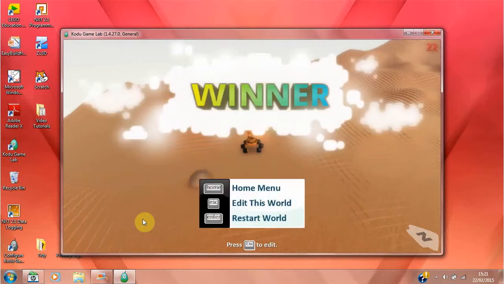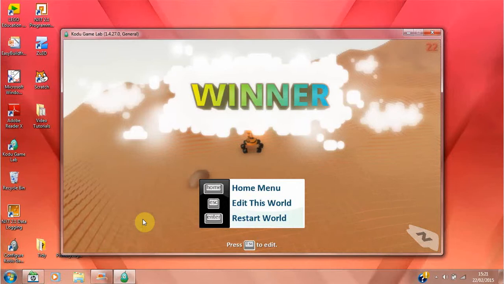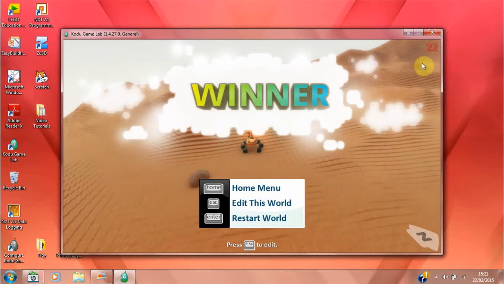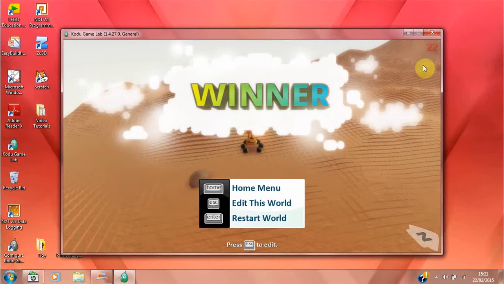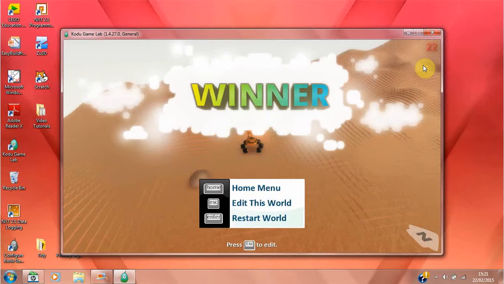And I've now scanned all the rocks. That means there's no unknown rocks, and that makes me the winner. And I have 22 points. I'm quite happy with that. The only thing I would like to do to improve this game is add a time